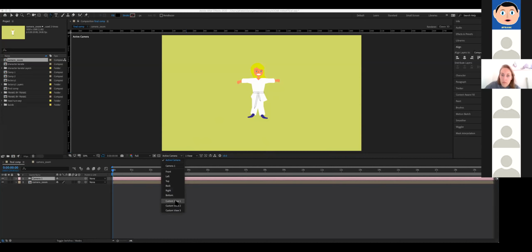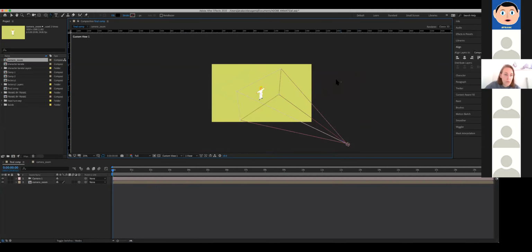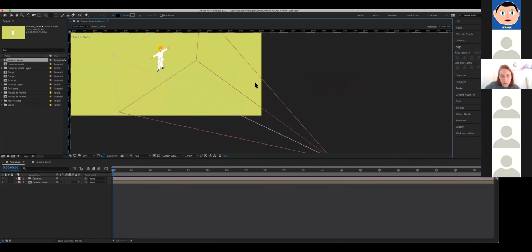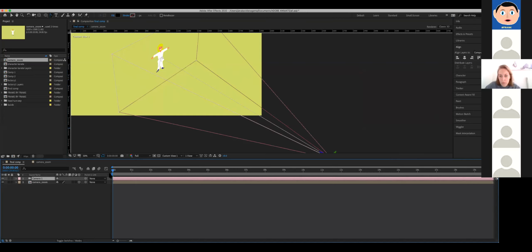I go to custom view and then I can see the camera here. See that? But it's still flat. Why is it still flat? Because it's just one layer. Why did you say it's flat? This is a 2D program. Oh, it's not 3D. You cannot. This graphic is 2D, two-dimensional, X and Y. There is no Z in it. But in a camera, it's kind of like faking 3D. Okay. Anyway,